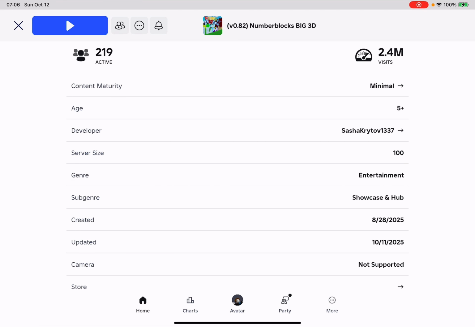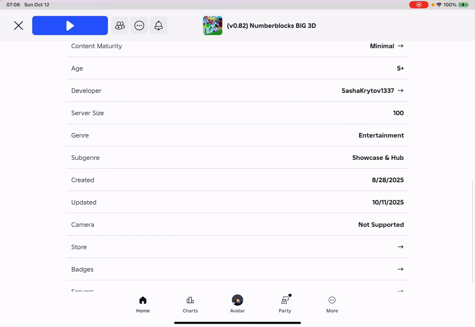Before we begin, I'm going to play a random version. I'm going to play a possible ripoff or maybe an inspiration of this game called Numberblocks Big 3D. So to prove that Numberblocks Big 3D is the original game, we